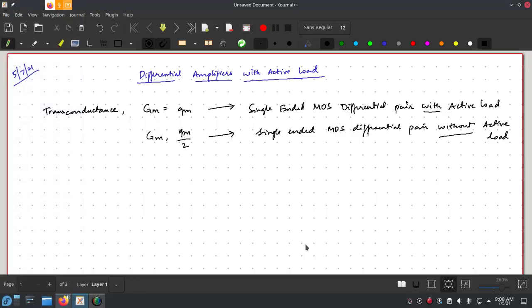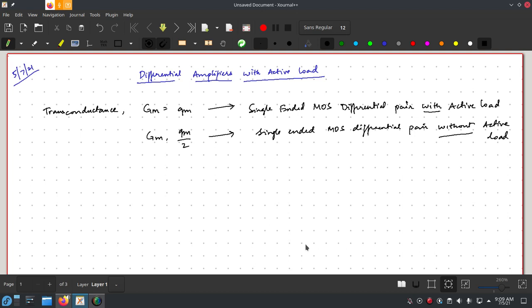Alright, so in the last class we started with differential amplifiers with active load. The active load here has a current mirror configuration where RD is supposed to be. When you have a current mirror there, what are the obvious advantages you get? First, say I take a simple single-ended differential amplifier, where I am not taking a differential output but rather a single-ended output.